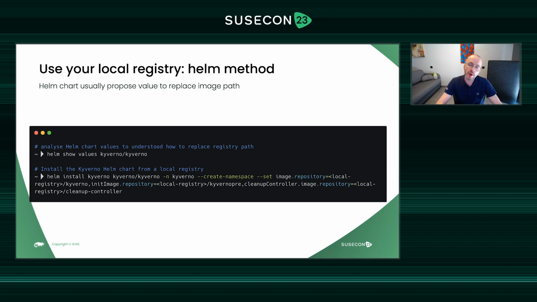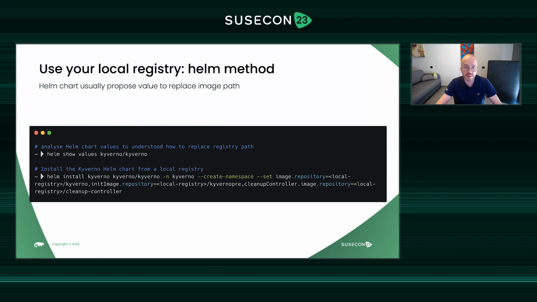Depending on the way you are installing your apps, for example, if you are using Helm to deploy apps, sometimes inside the Helm chart there is a value to configure to replace which registry will be used by the Helm chart for the deployment. If I take the example of the Kyverno Helm chart, if we look inside the values, there are some settings, and these settings we can set at install time, like here, image.repository, init-image.repository, and so on.